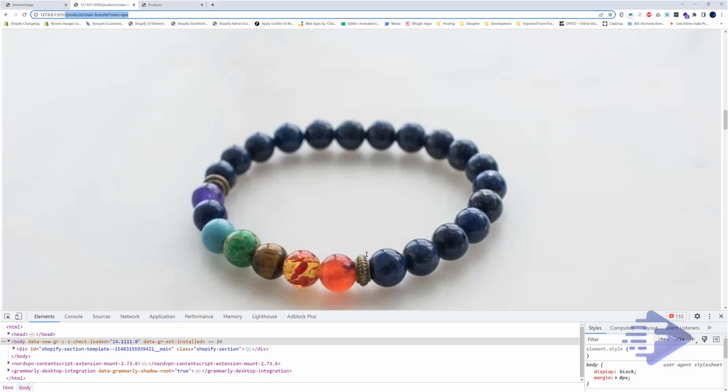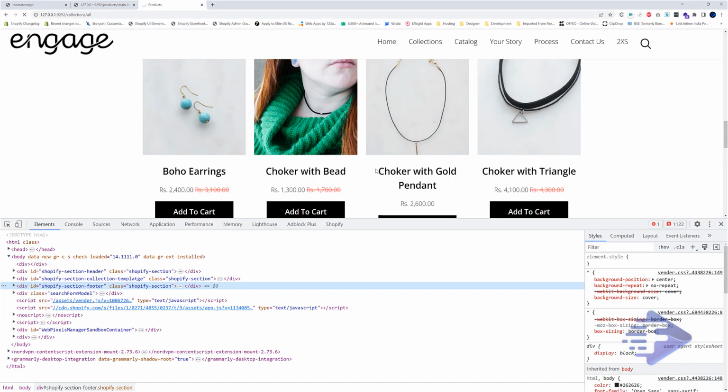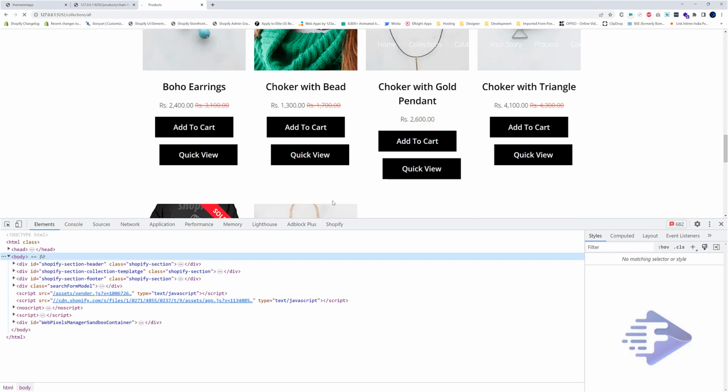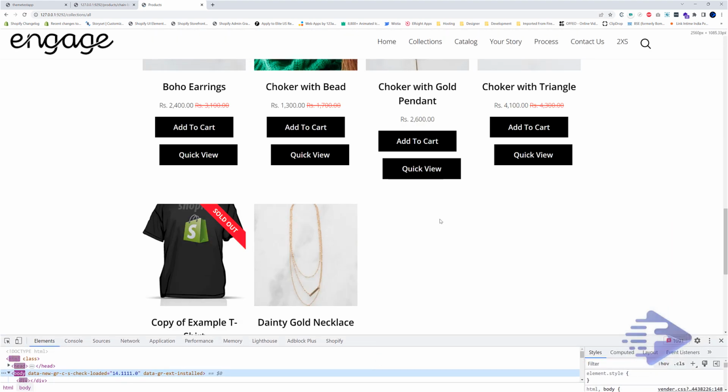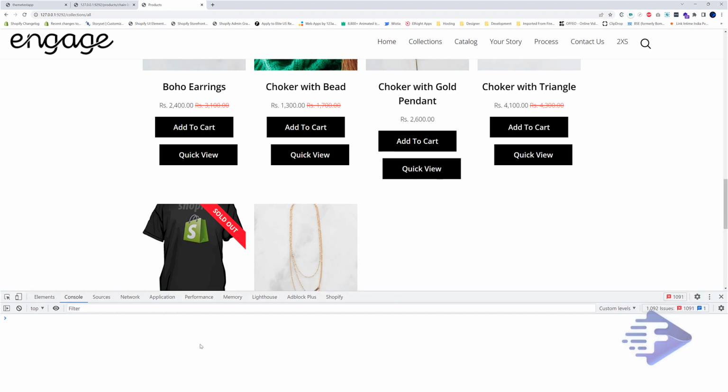Let's see if this should work or not. I'm going to hide this one and also going to open console. If there is any error or not, let's check.